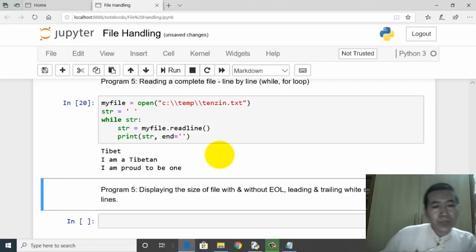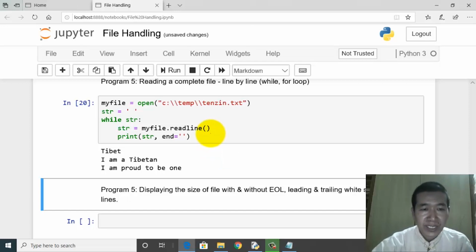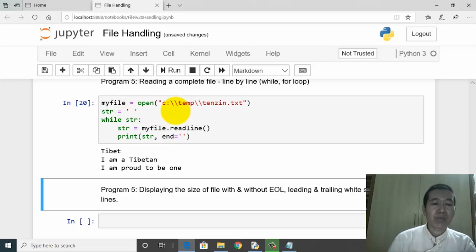Now this time I wrote just one print statement, but using the while loop I managed to get the entire content of the file printed in one go. Let's try to understand this briefly. It's pretty easy. The value of str is a space, which means it's not a None value. There is a value by the name of None, N-O-N-E.